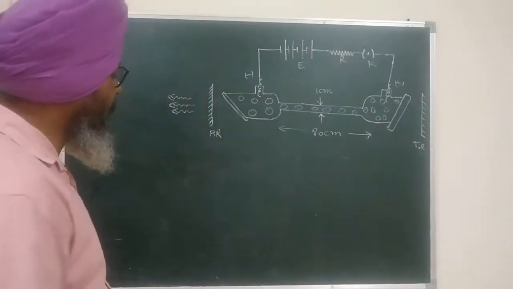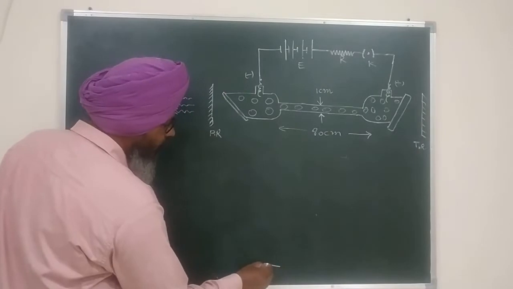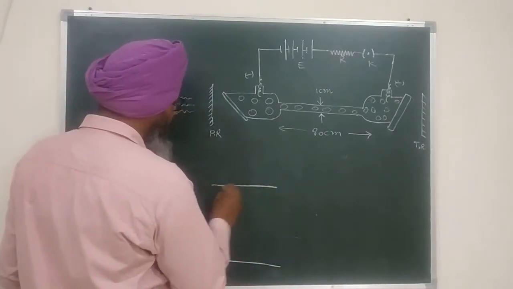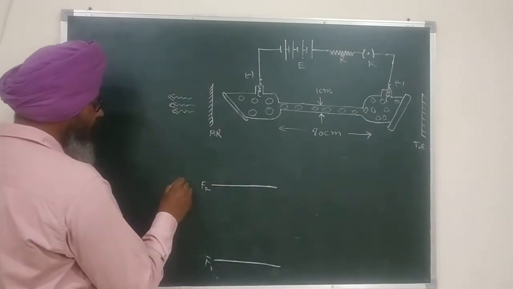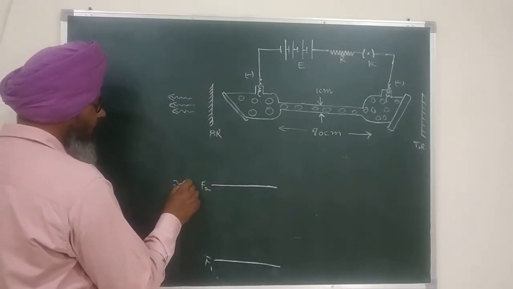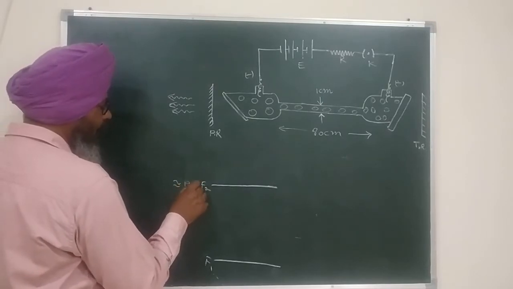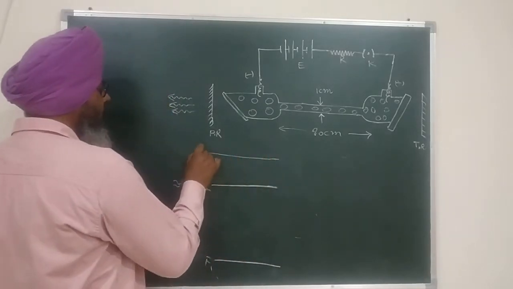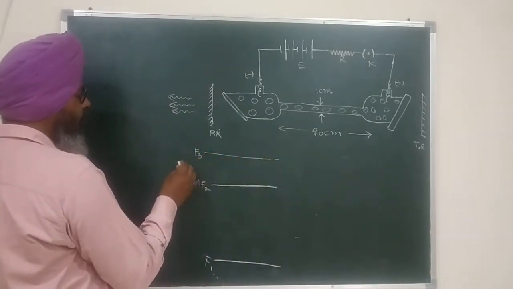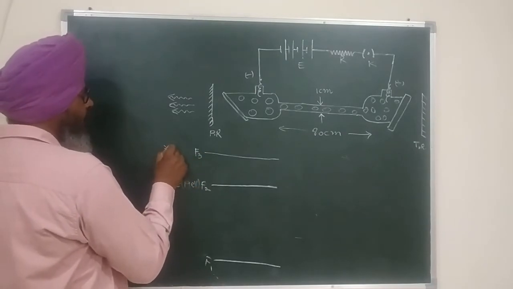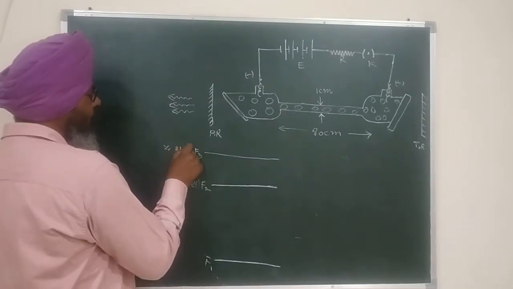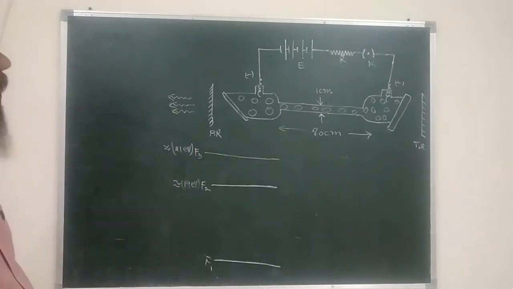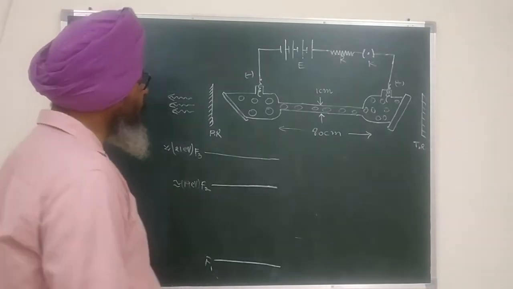Rather, I would like to draw the diagram here. Let us say this level is F1, this level is F2. Approximately its energy is of the order of 19 electron volt, and this is F3. These are the three energy states of helium. Its approximate energy value is 21 electron volt. The actual values you can see from the internet or from standard books.